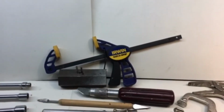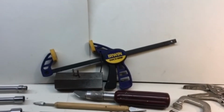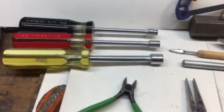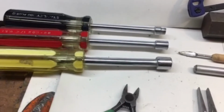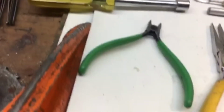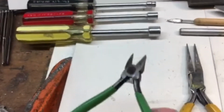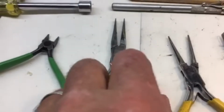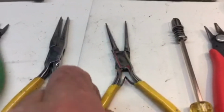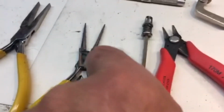You also need some good tools that you can buy at a hardware store or anything. You should have some nut drivers, 3 different sizes that are common to Mark's engines, other engines. A good side cutter is really nice. Don't skimp on that one. Flat nose pliers come in really handy. Pliers with the rounded ends are used for jewelry work. That comes in handy. A screwdriver